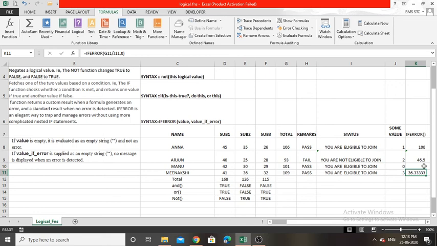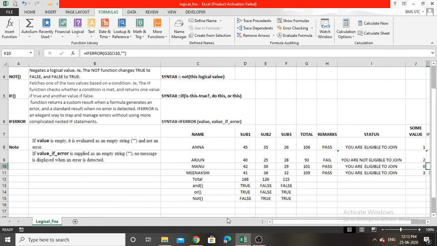So while using IFERROR, it will not display the error message. Instead of the error message, it will result in the value that we explicitly give in the second argument. But if we leave that second argument as an empty string, it will not generate the error message and not any value either. So these are the special notes of the IFERROR function.